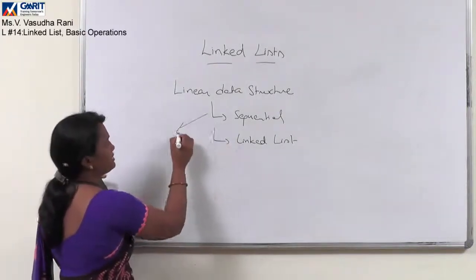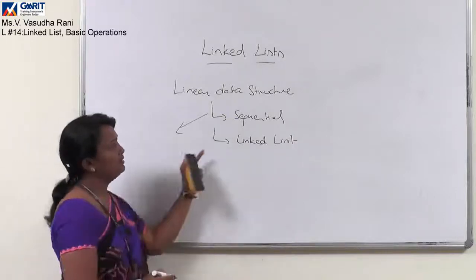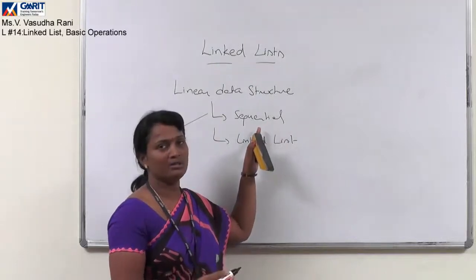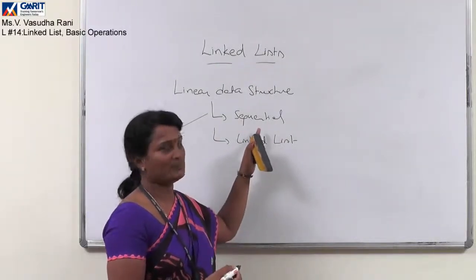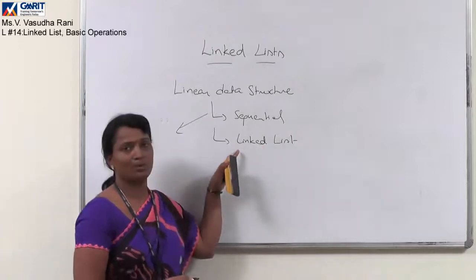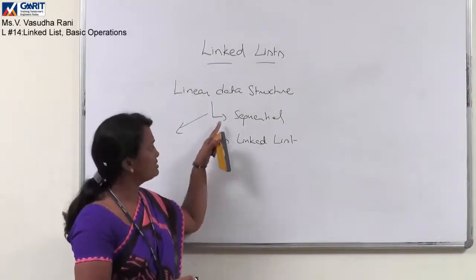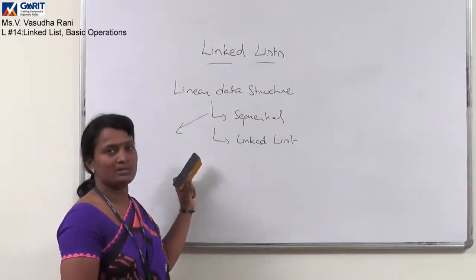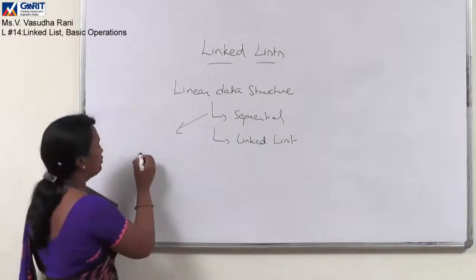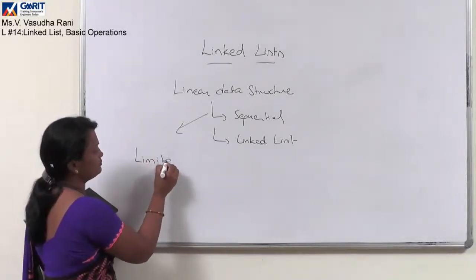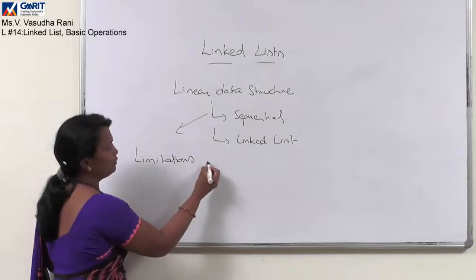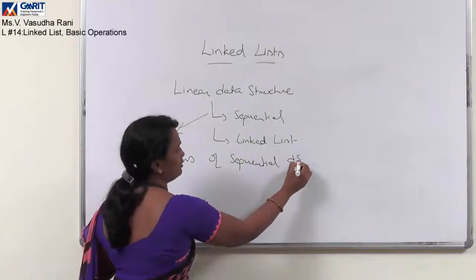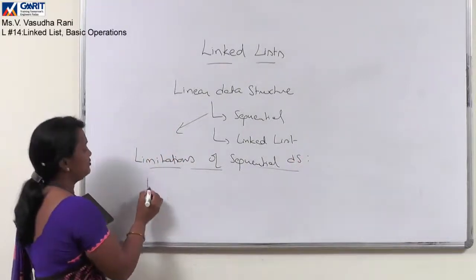If you consider the sequential data structures, they are not efficient enough in giving performance in some situations, and only then are we going for linked list. What is that? Performance drawbacks. There are two limitations with the sequential data structures like arrays. The two limitations of sequential data structures: the first limitation is that